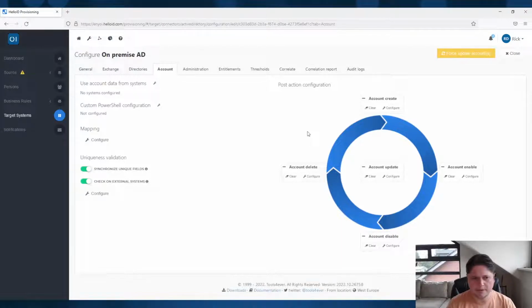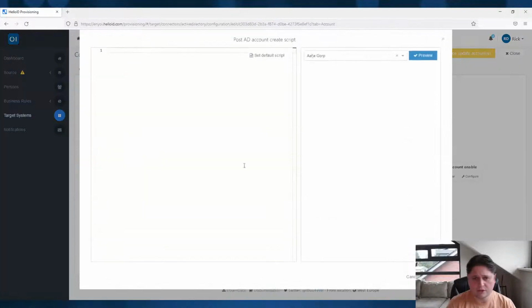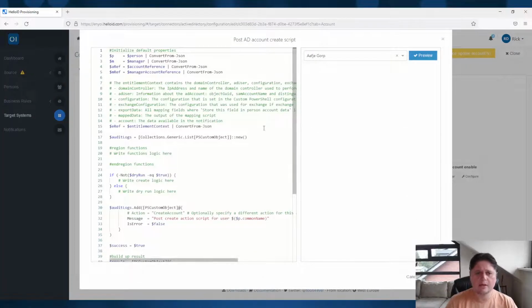Or maybe you want to create the Active Directory account and do an action to add Skype or something like that, or maybe enable Teams or something like that. Small things that are related to Active Directory or to the account. And we made a change in there. So if I go to account create, now it's empty and I set the default script, you now have two new data structures